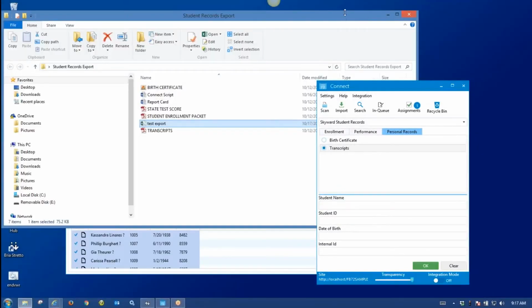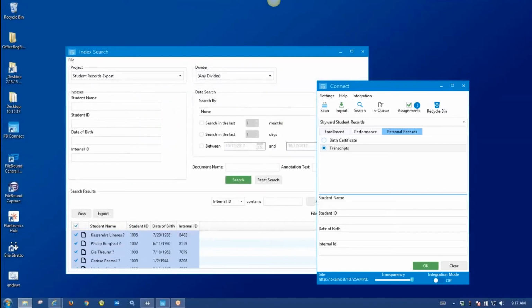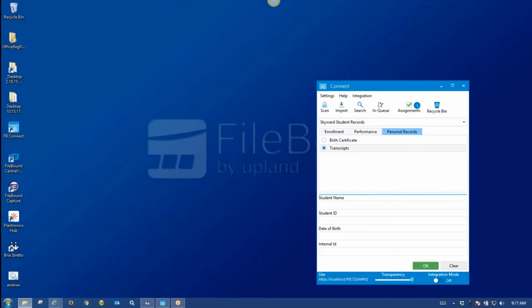Lastly, assignments. We all know that users interact with FileBound differently throughout the day. FileBound Connect engages users and delivers workflow assignments instantly. Now, with FileBound Connect, they're notified by a pop-up, which you've probably seen throughout the demonstration. These are similar to Outlook notifications, but one click takes the users directly to their assignments to work through the